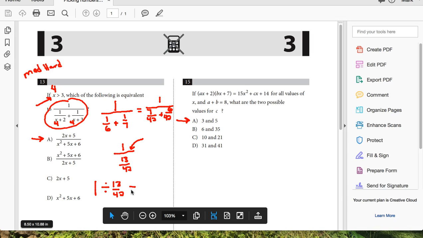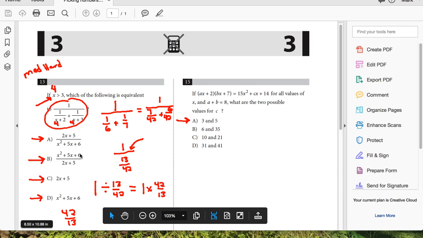And you may remember that you're not supposed to divide by a fraction. You're supposed to multiply by the reciprocal. So really it's 1 times 42 over 13. And hey, 1 times anything is that thing. So our final answer is actually 42 over 13. Now what do we do with that? Because we're almost done. We need to see which one of these 4 answers, A, B, C, or D, matches